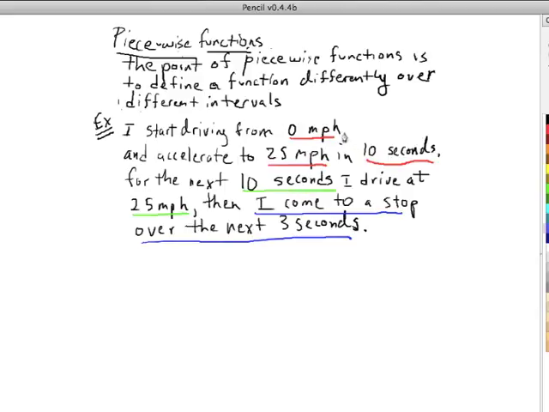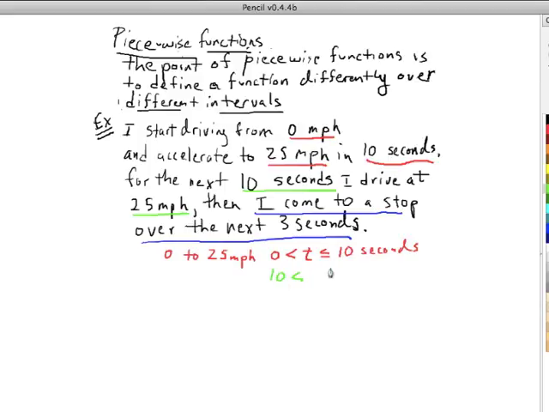Let's talk about intervals. Up here I do mention defining a function differently over different intervals. And if we think about the time being in intervals, from t greater than 0 but less than or equal to 10 seconds, and I'm just going to write it over here, I go from 0 to 25 miles per hour. And then let's go to green, for t, and I shouldn't say greater than or equal to, let's just say